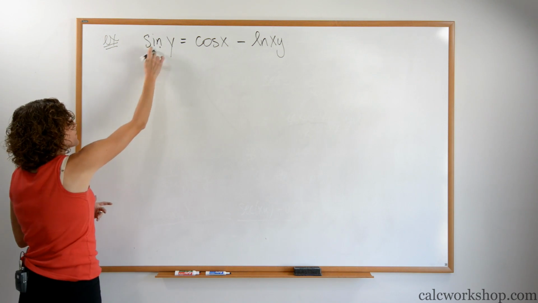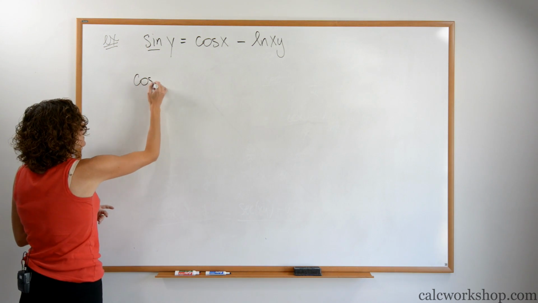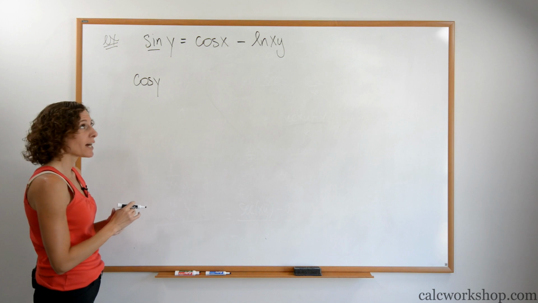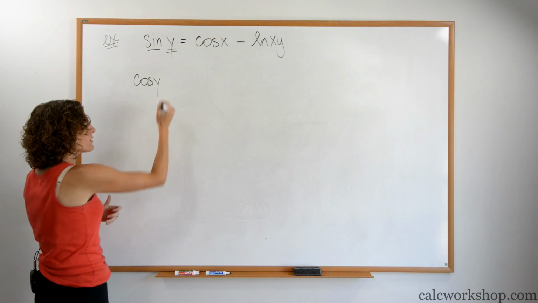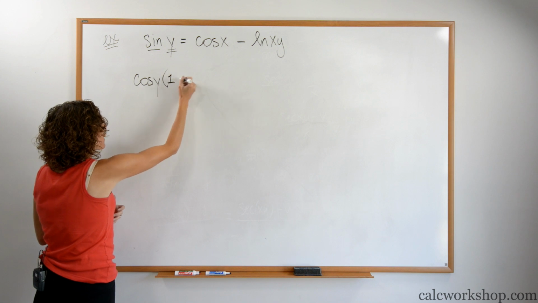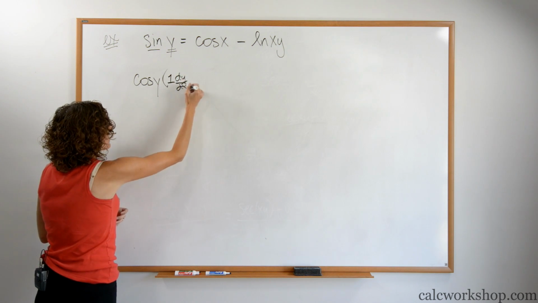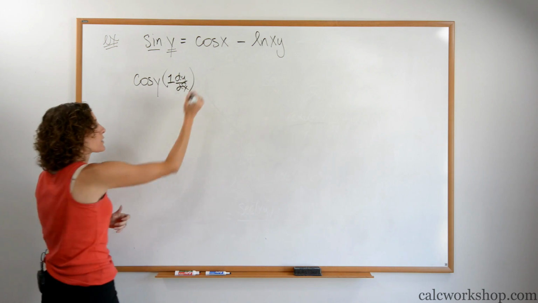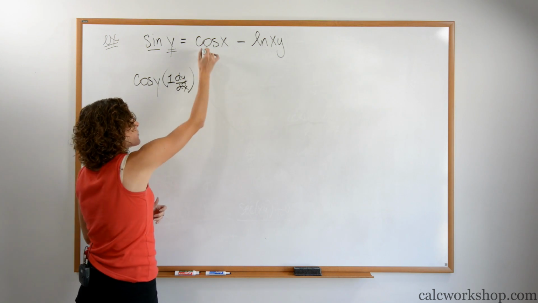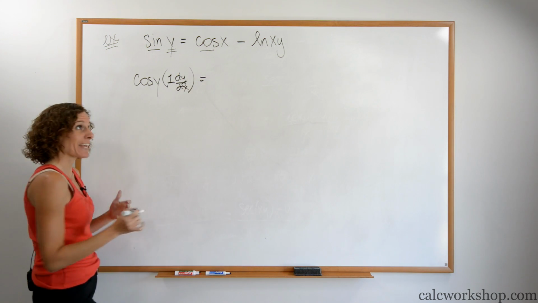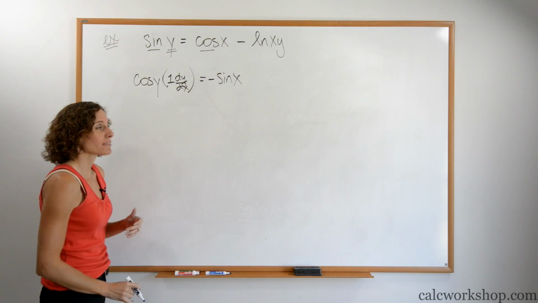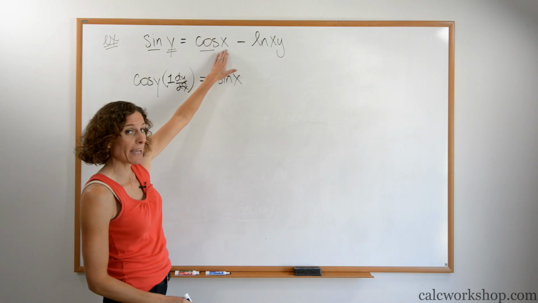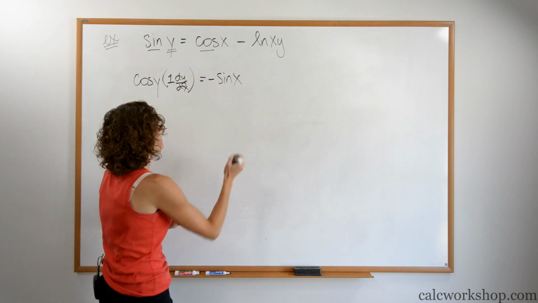So here we go. The derivative of sine is cosine. Keep the angle untouched. Now we expose the angle. The derivative of y is 1 dy/dx. Okay, equals the derivative of cosine. Well, the derivative of cosine is negative sine. Again, the cos are negative. Keep the angle, sine of x. And now multiply by the derivative of the angle. Derivative of x is just 1.